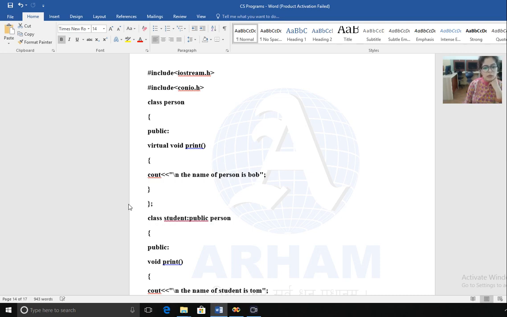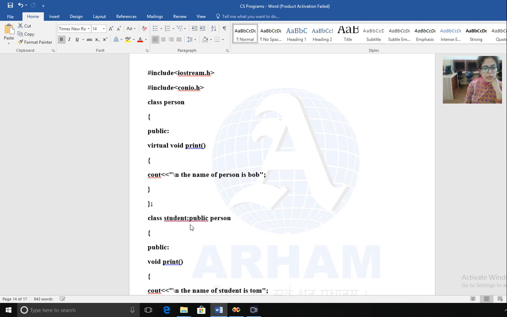I told you that inheritance inherits the properties of the base class, and you know that in inheritance, one class is the base class and one is the derived class. The derived class is the class in which we inherit the properties of the base class. This is the syntax of how we can derive a class. Here class is a keyword which is used to create a class, and student is the name of the class. So with this we have created a new class, class student.